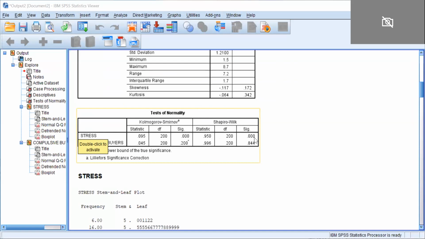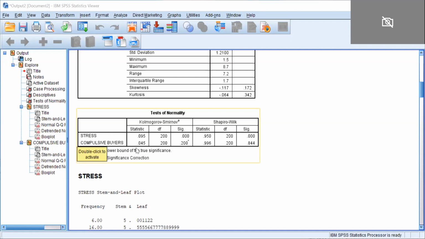So you can say that this variable, stress, is not normally distributed. Why? Because the p-value is less than 0.05, and as I said earlier, the condition for normality is that the p-value should be greater than 0.05.